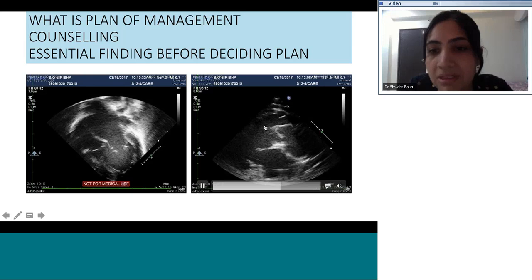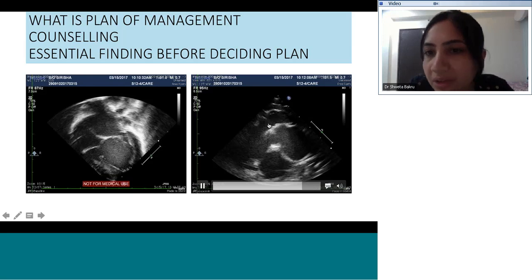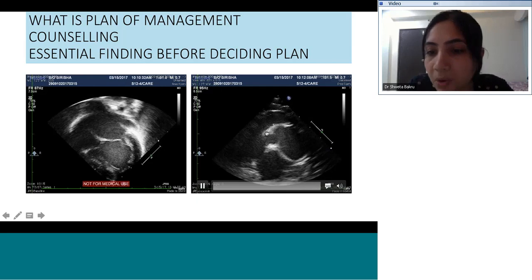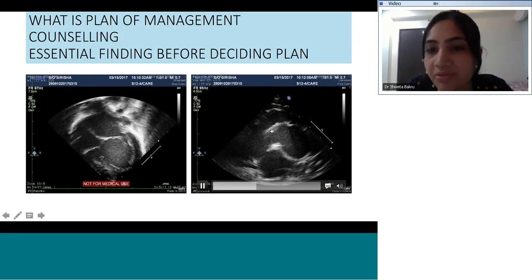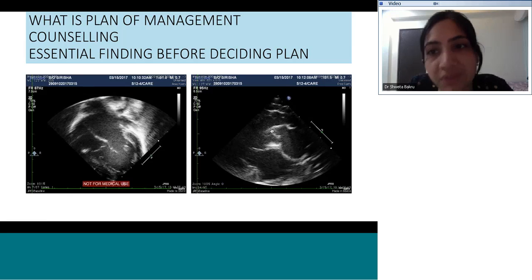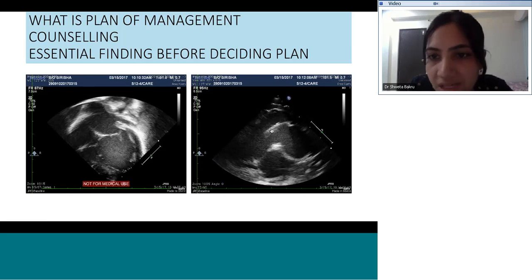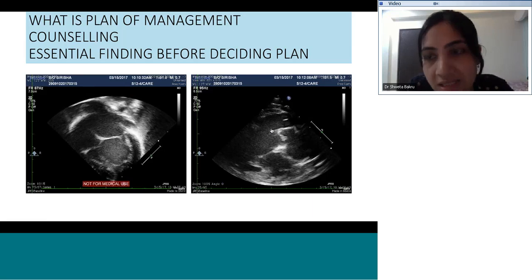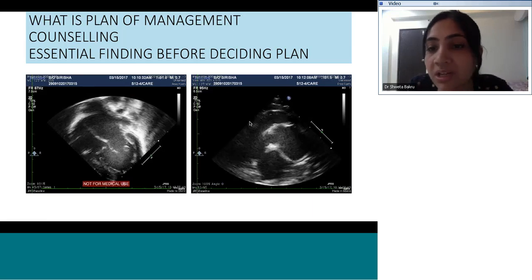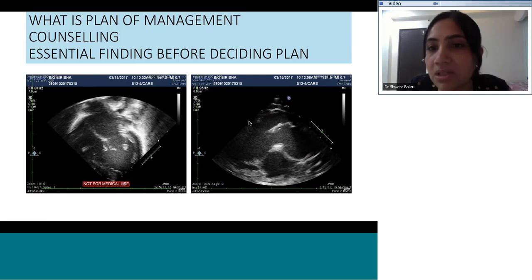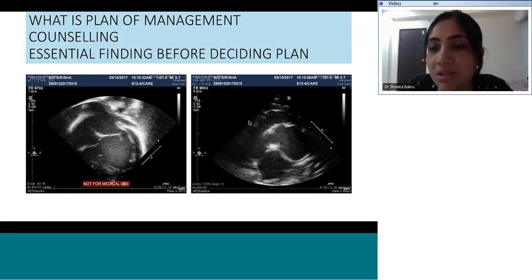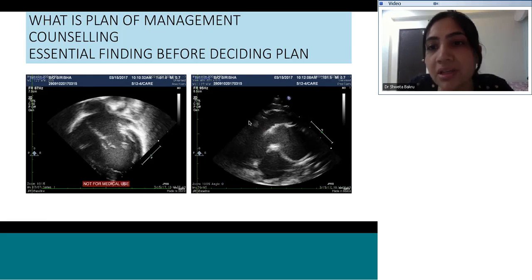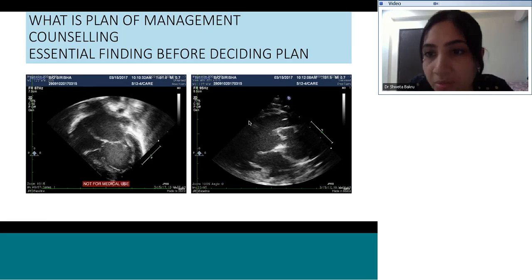Now sometimes this area will not be critically narrowed, but after doing PA banding we can see that there is a subaortic conus. This becomes hypertrophic and then it can give obstruction even later on. So during the first stage of surgery, that is PA band, or during the second stage of surgery, that is a Glenn surgery, we have to look out for a subaortic narrowing, because this patient might present with a state of shock or a decompensated state after the surgery because of subaortic obstruction.